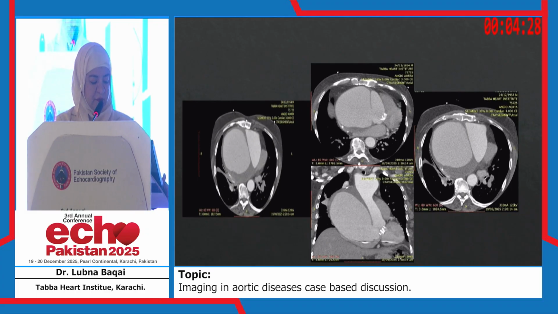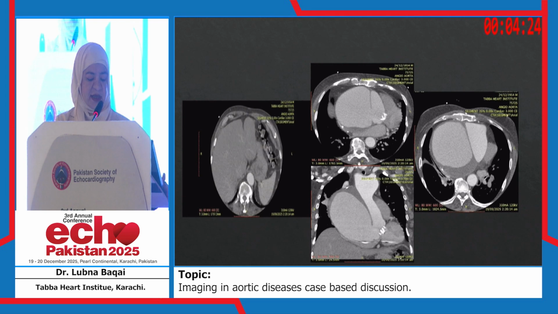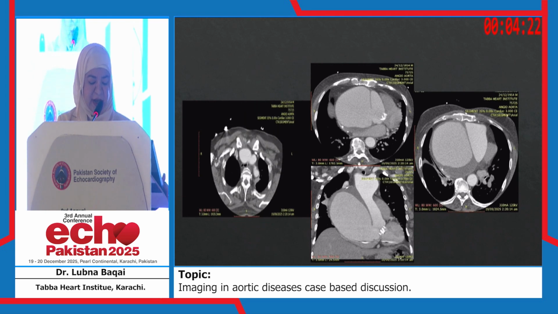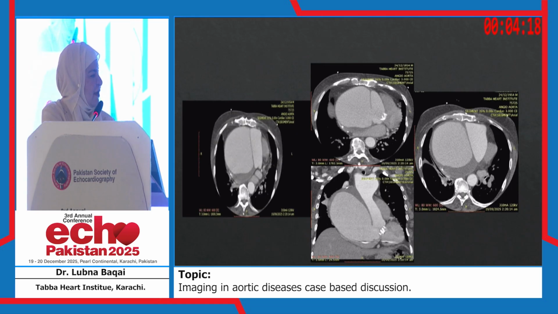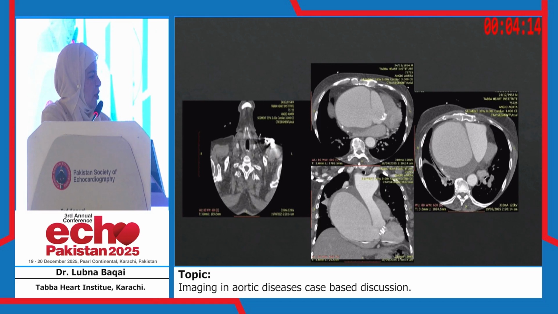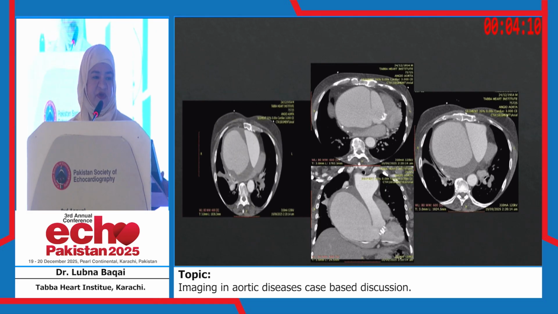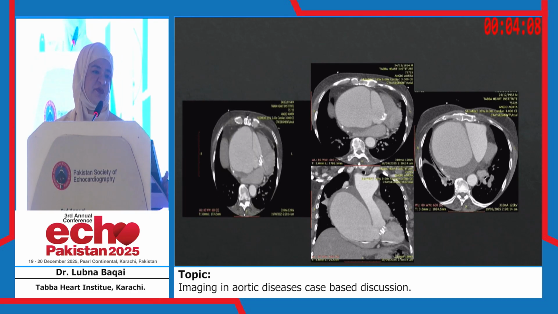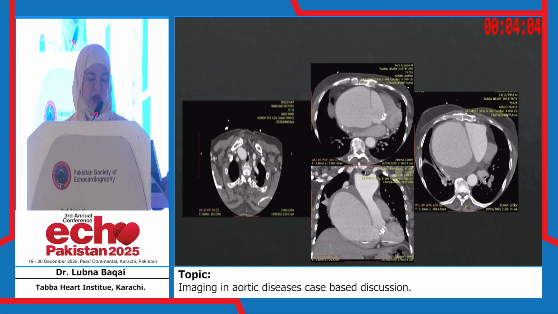Very beautiful images: hugely dilated ascending aorta with a large dissection flap with the entry point near the aortic valve. You can clearly see there is a prosthetic aortic valve as well as a PPM lead here. And this is a large false lumen with thrombus, and this is the communication with the aortic root. This patient was sent for surgery, a successful surgery, but unfortunately later on died because of hypoxic brain injury.